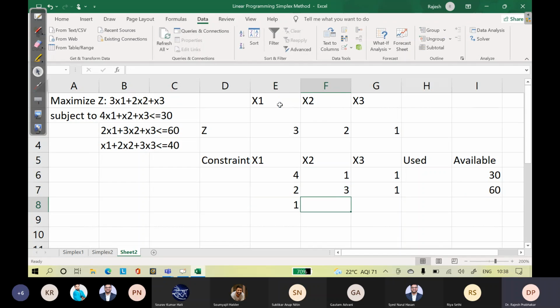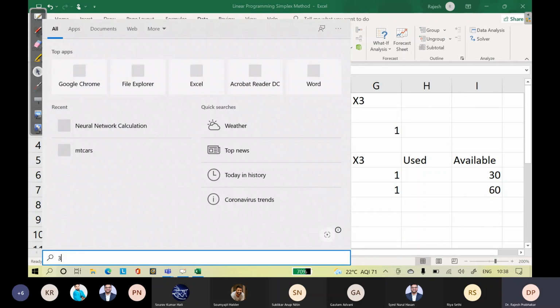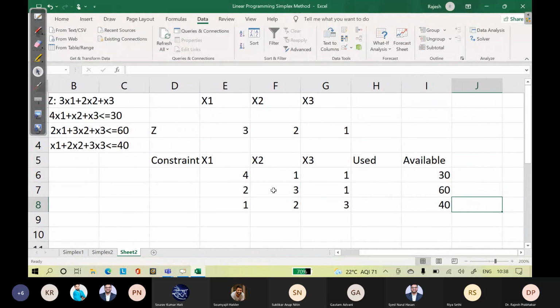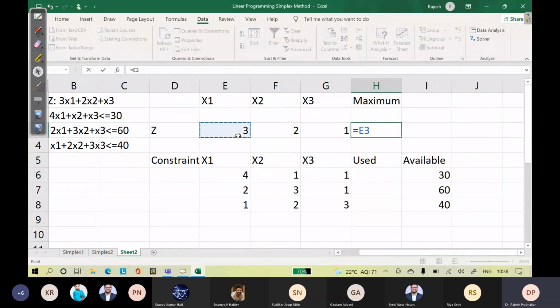This is 1, this is 2, this is 3, this is 40. So it is equal to 3 into x1 plus 2 into x2 plus 1 into x3.